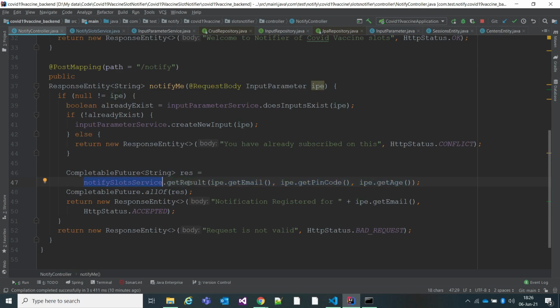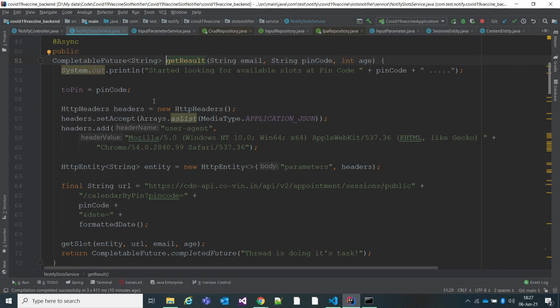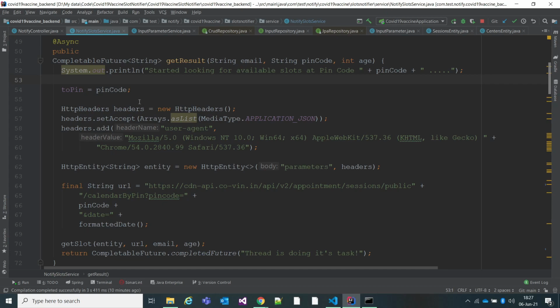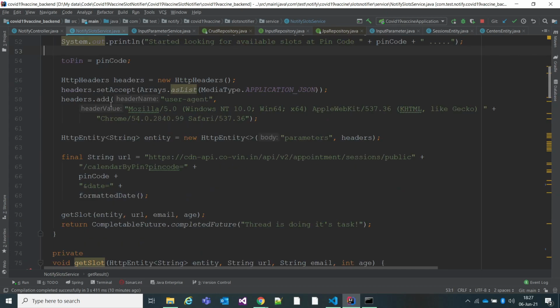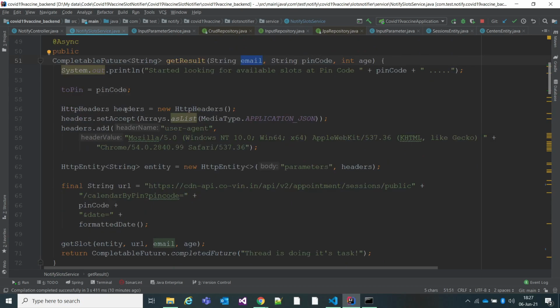So let us go inside. You'll be seeing so many sysouts here. I have added them just for debugging purposes, but it is not recommended. You should never use sysouts in your code. As I need to send the email, I need to create the headers.